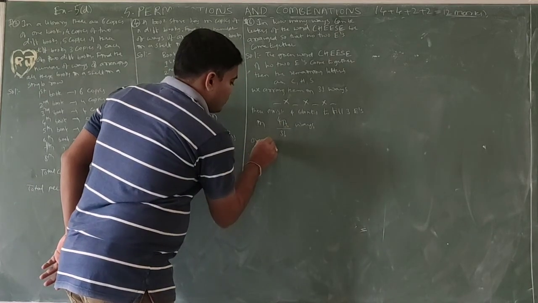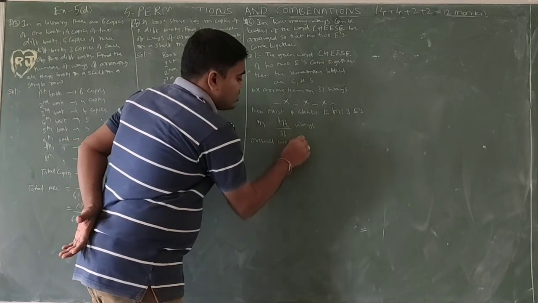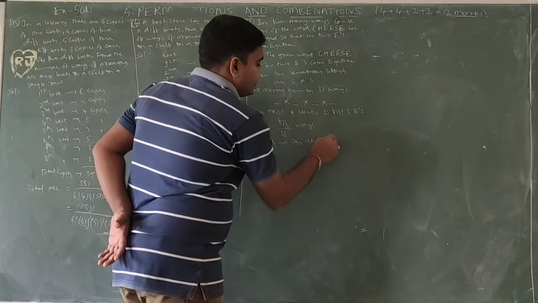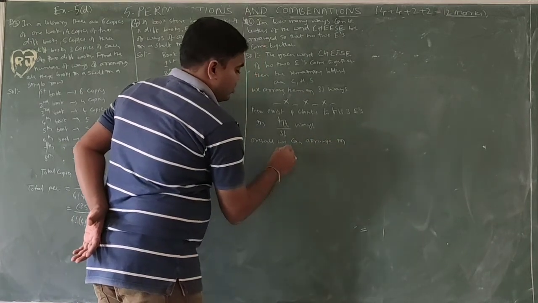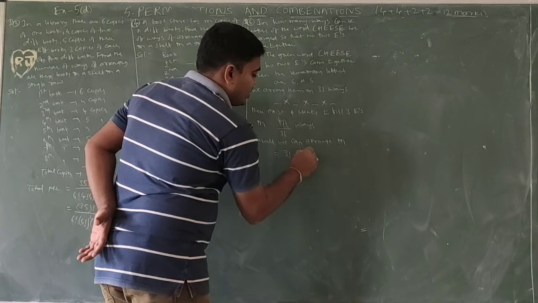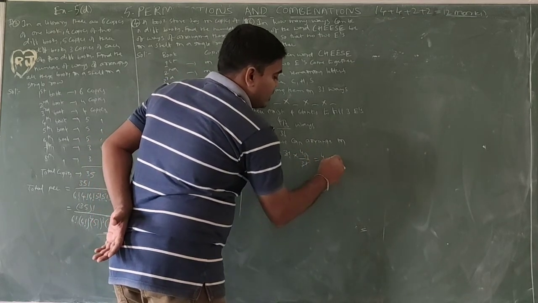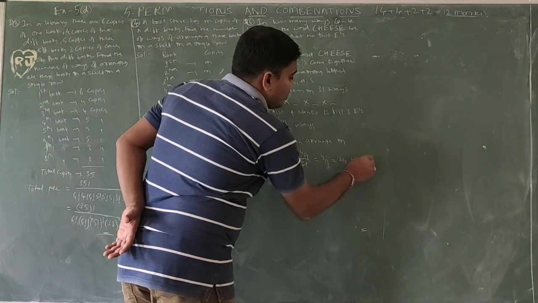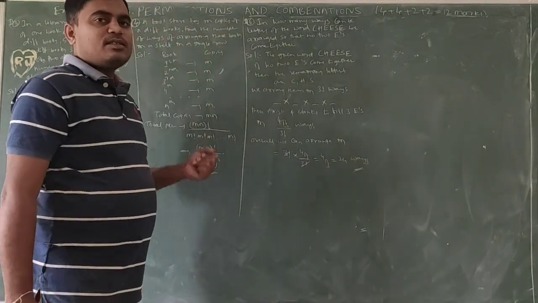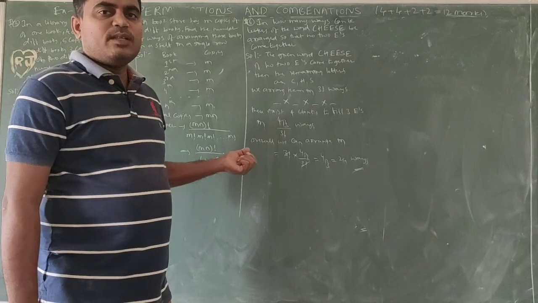Overall, we can arrange in 3 factorial into 4P3 by 3 factorial. Cancel, 4P3 is equal to 24. That is the number of ways we can arrange the letters of the word. So this is the required